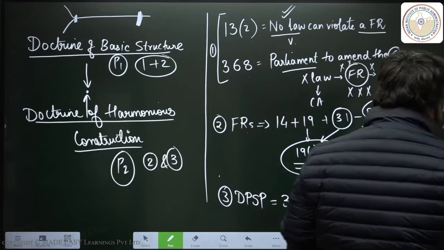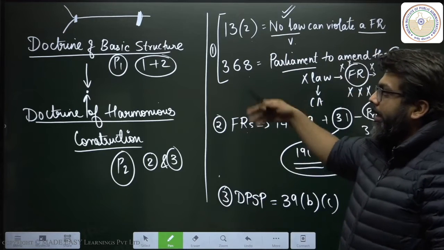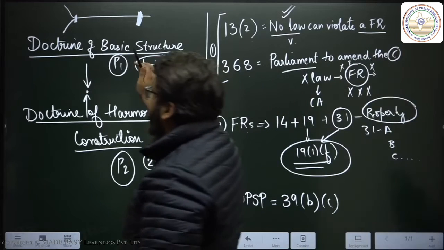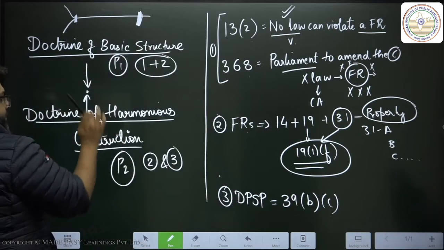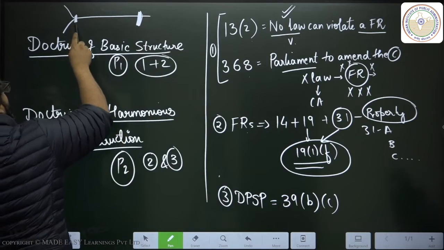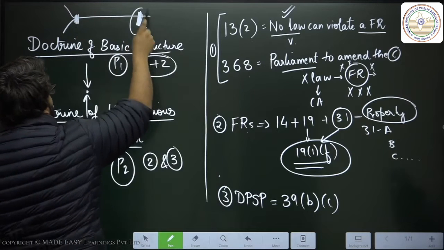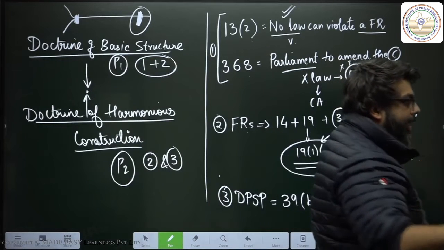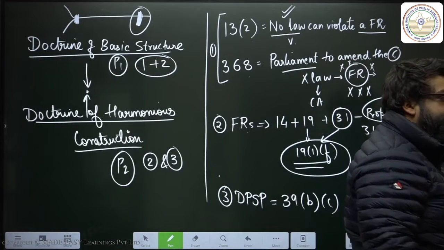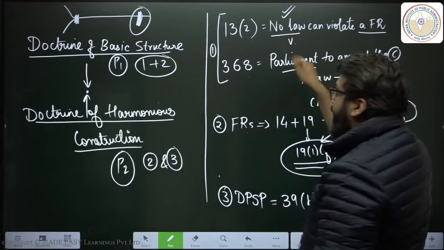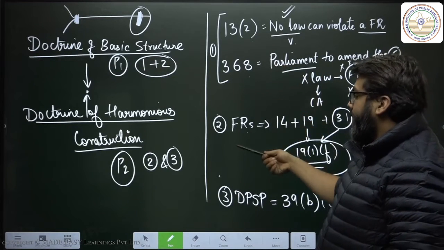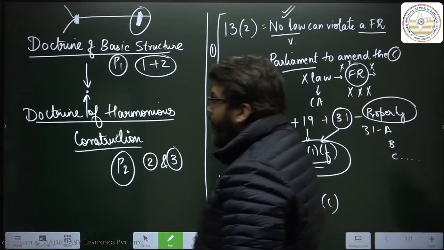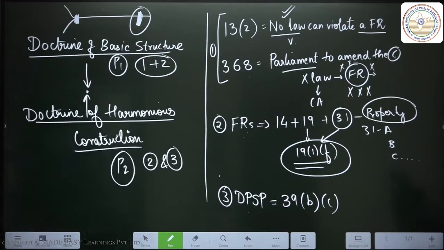I'll draw the whole diagram for you, and I'll expect you to also keep understanding the diagram, but this is basically what is going to happen. So this is the plot of movie 1, this is the second plot of the movie. Both of these plots will have a meeting point, and this is going to be the climax or the suspense of the movie, and both will eventually lead to the same destination. Okay, and these are the various actors: 13.2, 368, fundamental rights and directive principles. I'm going to give you 2 minutes to take a note of this, and then we will begin.